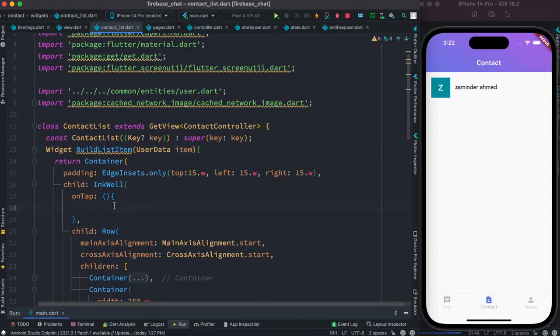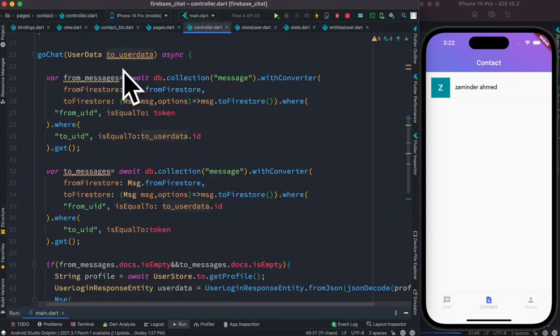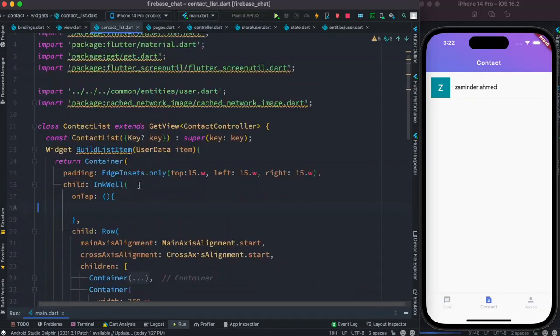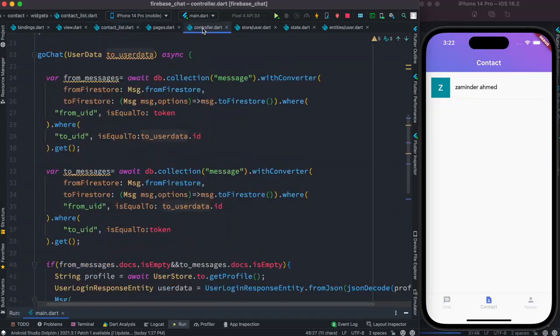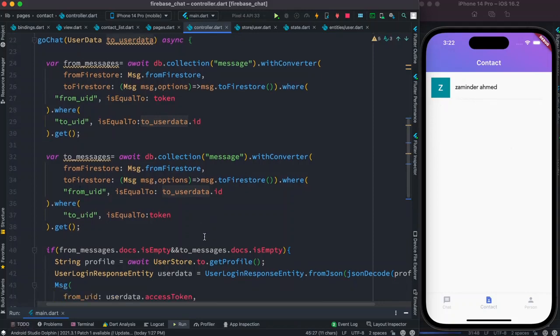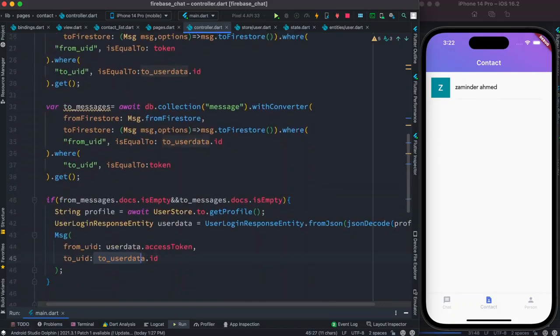Later we'll see how we call this function, the function that we are creating right now, this one, from here. So as we call them, actually we will send each of the users that are listed over here. That's where this user data and to user data works. And so this ID refers to the other user, this access token refers to the current user of this app on this current device. All right, so here we'll have from name,